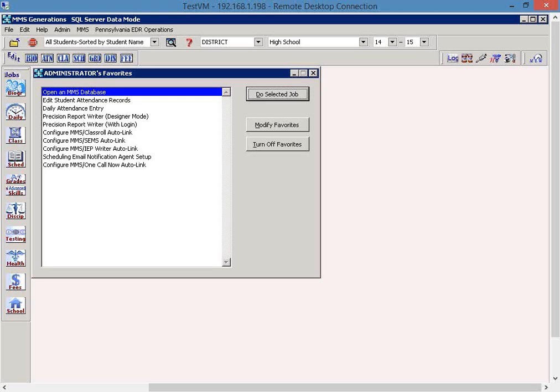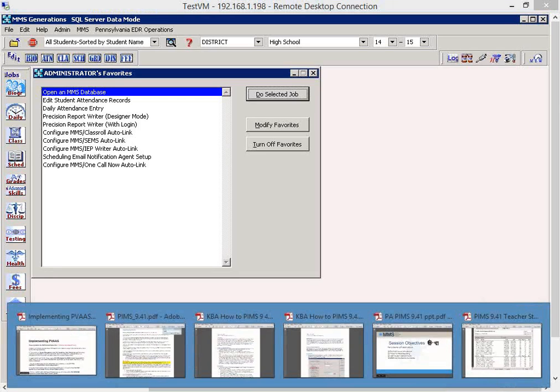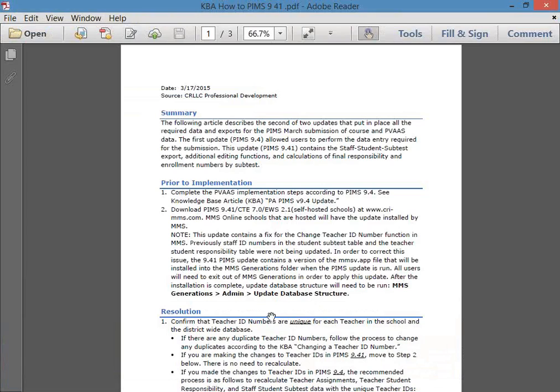Before we're able to implement PIMS 9.41, there are a couple of important things that need to be done. The first one is having gone through the implementation steps in PIMS 9.4, where we went through the step-by-step process